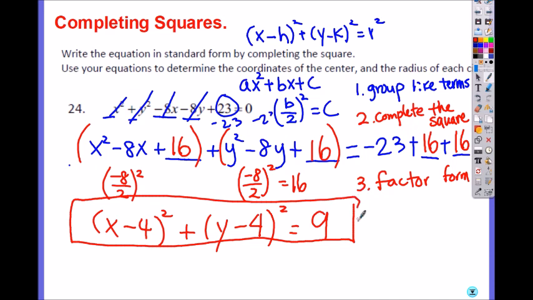So then the question is, use your equation to determine the coordinates of the center and the radius. So what's the center? It's x minus h. So what is h? 4. Opposite sign, remember? (4, 4) is the center of the circle. And what's the radius? 9 is r squared. So what do you need to do from 9? Square root it to get r equals to